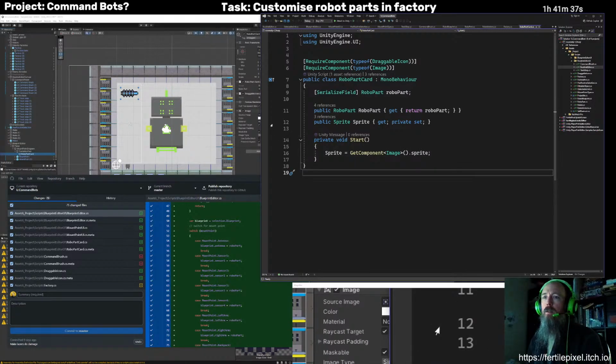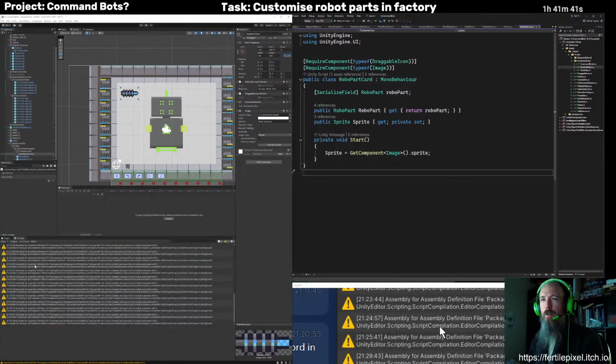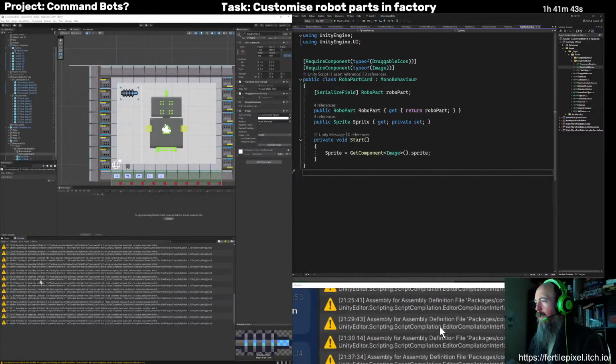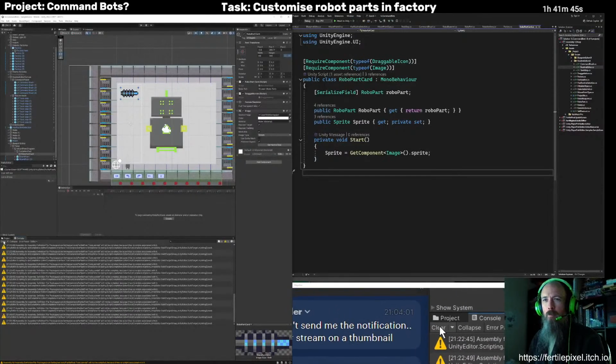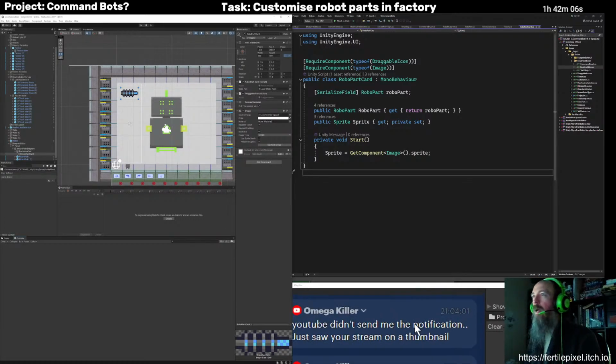Okay, so I think that's all the warnings related to that assembly definition thing. What is this here? Take a quick look. Yep. Cool.